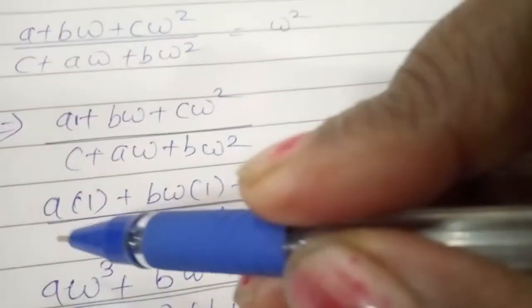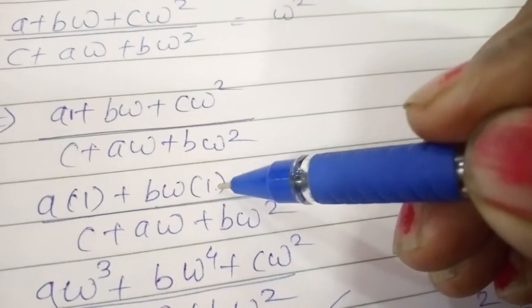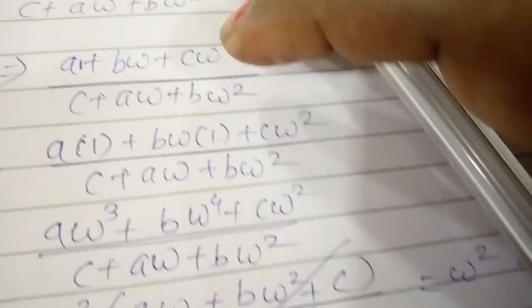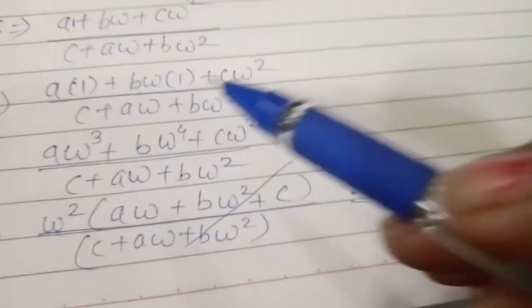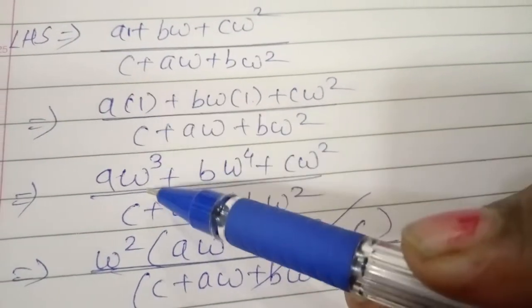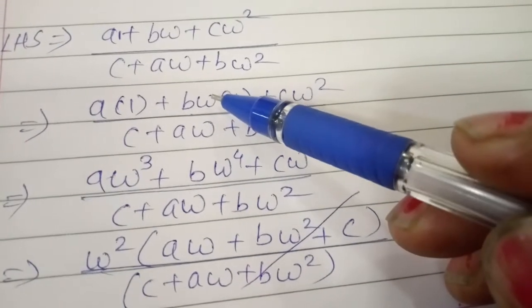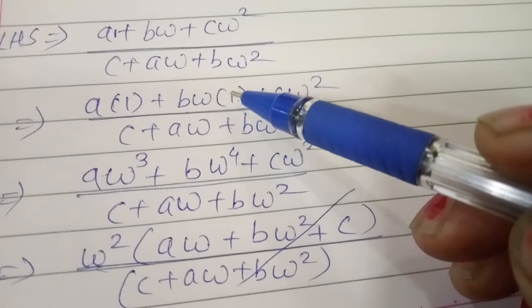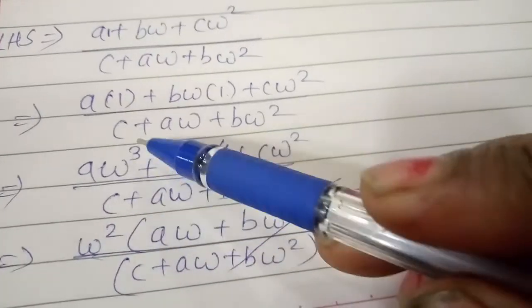Now there is no 1, meaning there is a 1. So we can write a into 1. B omega we can also write with the 1, and c omega square. The rest of the terms we are going to write like this. And you know that 1, so what is 1? Omega cube is nothing but 1. So instead of 1 we write omega cube. This we have written for adjustment. So a, the value of 1 I have put as omega cube, and b as it is omega, and here the value of 1 is omega cube. So omega cube into omega, that is omega raised to 4, and c omega square upon.